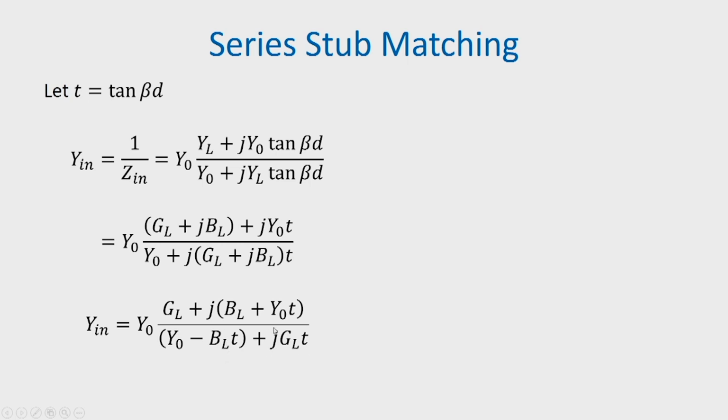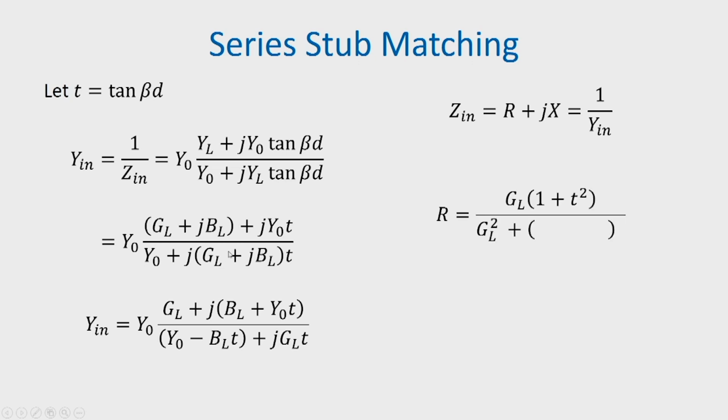So, what we can do is now write Z in equal to R plus jX equal to 1 by Y in, and then from there we can find the real part R to be equal to GL into (1 plus T square) divided by (GL square plus (BL plus Y naught T) whole square),